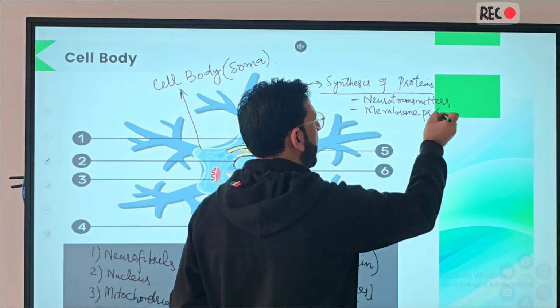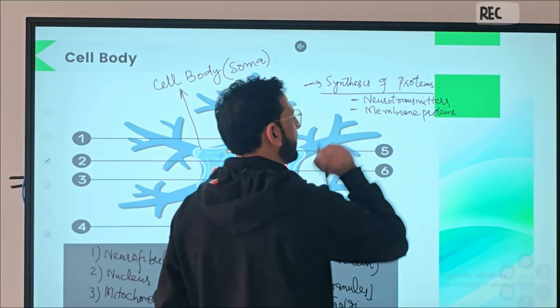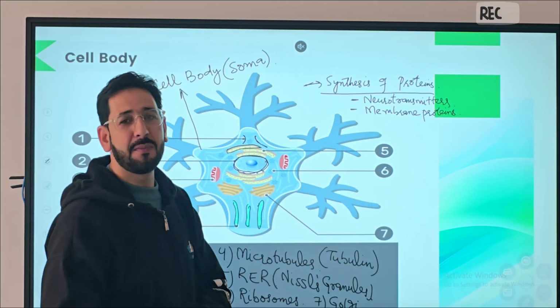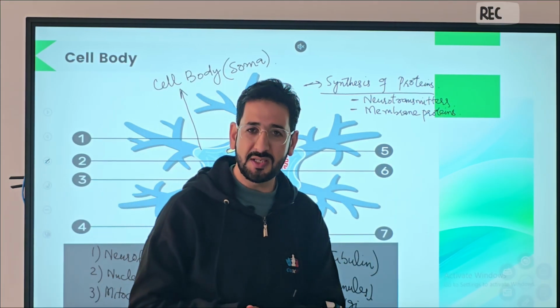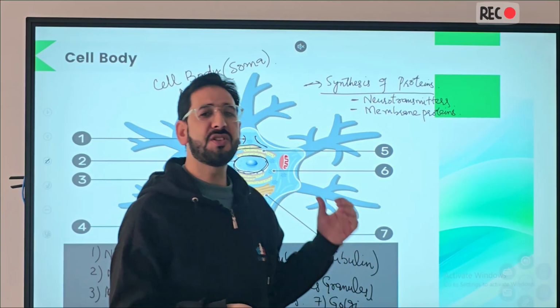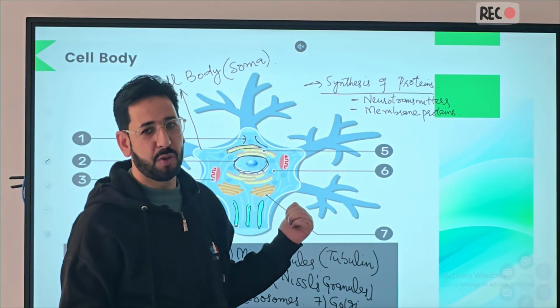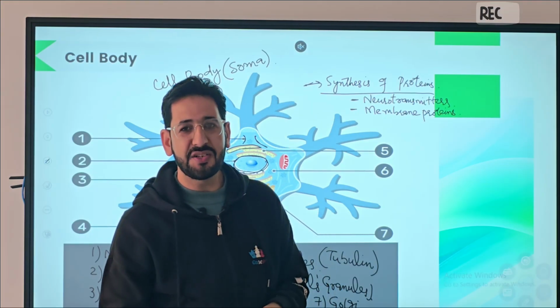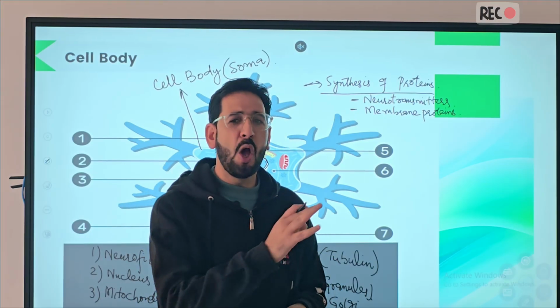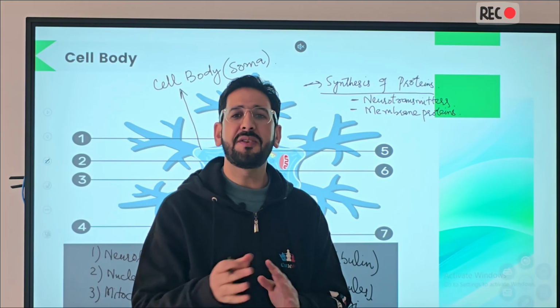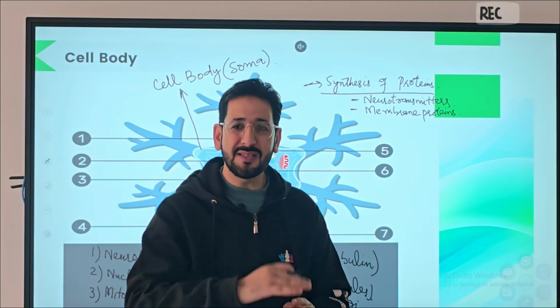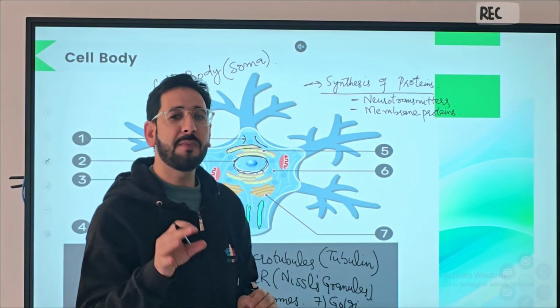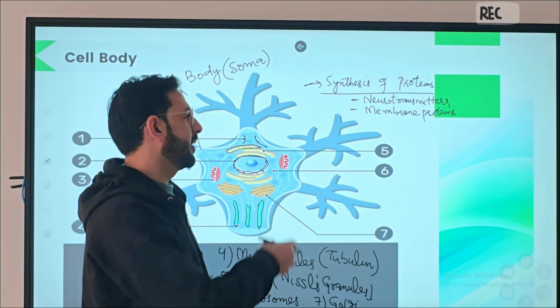Membrane proteins. We all know from the structure of the cell membrane that it contains very important proteins inside. For example, there are different channels in the membrane of this neuron. There are ligand-gated channels, voltage-gated channels, and leaky channels, and all those channels are meant for the transport of ions across the cell membrane, and those membrane proteins will be formed inside